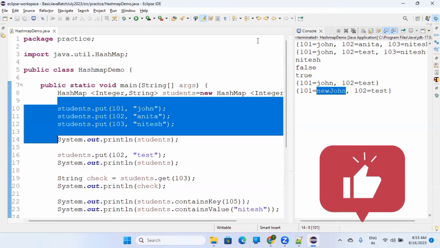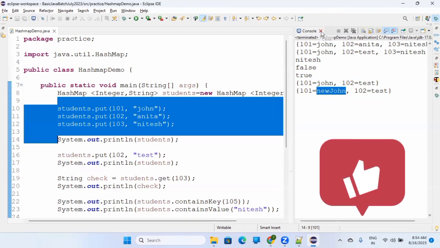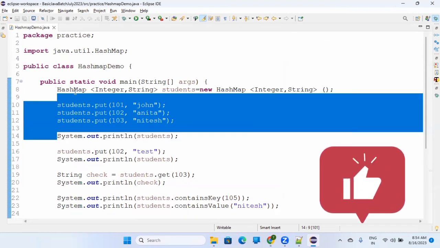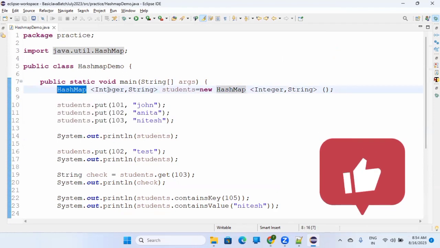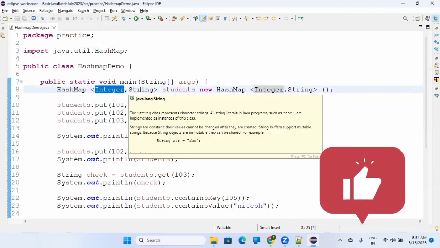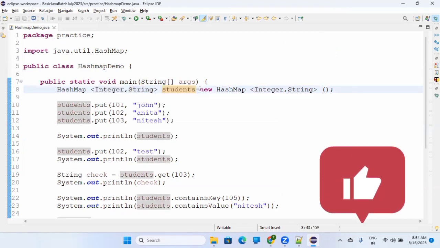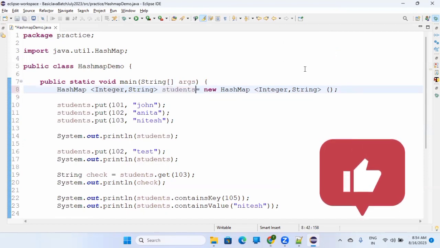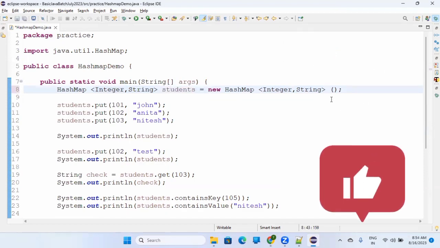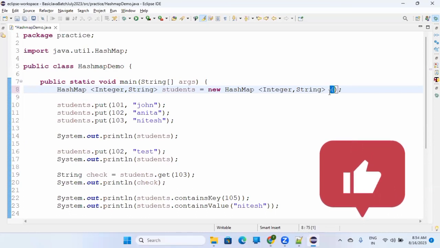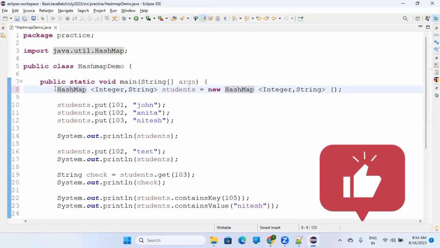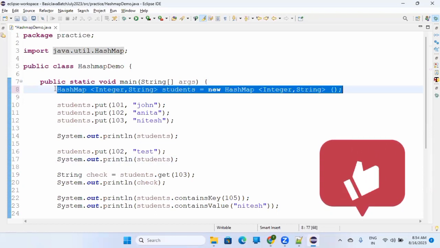Okay. Repeating the syntax part, it's very simple. Whenever you want to create a hash map, it's like HashMap, what will be the key data type and the value data type, the name of the hash map is equals to new HashMap. Same thing. Okay. But here you will maintain a circular bracket here, right? But does this mean you have to always create integer and string? No. You can have